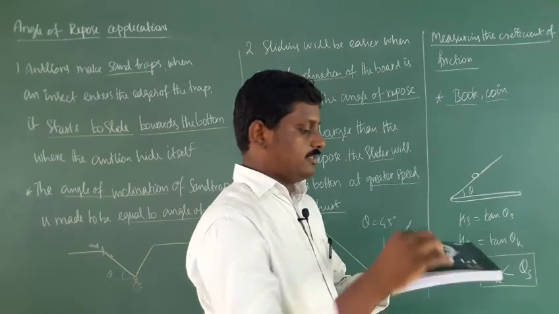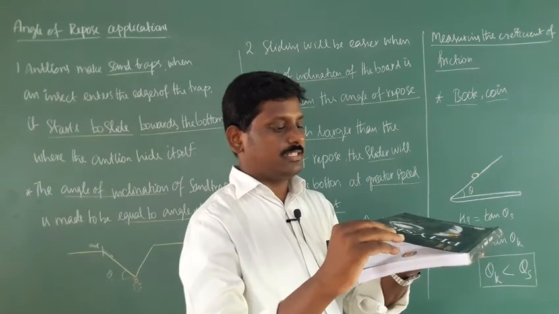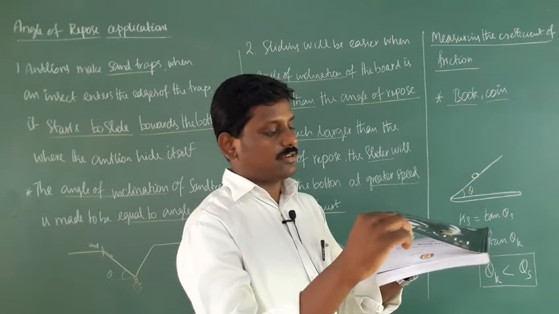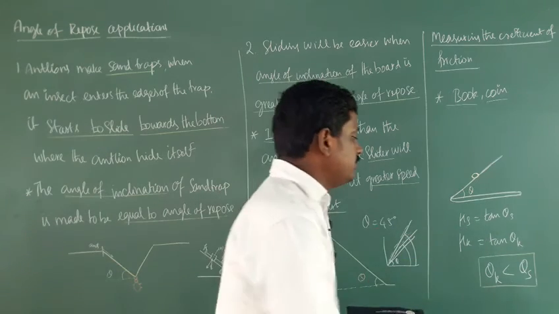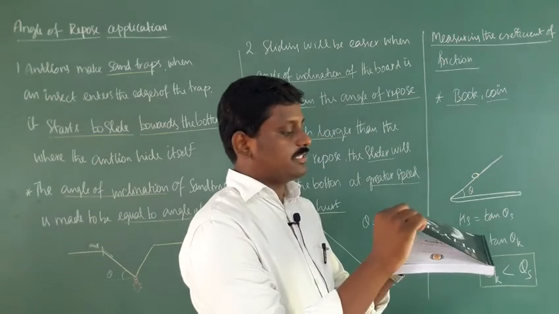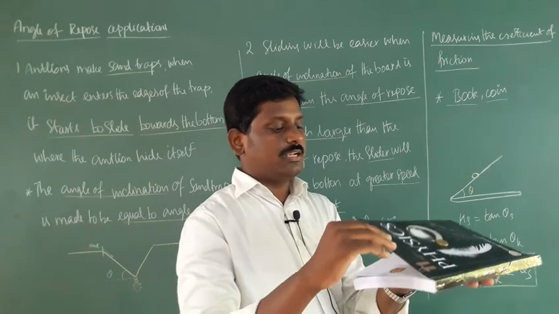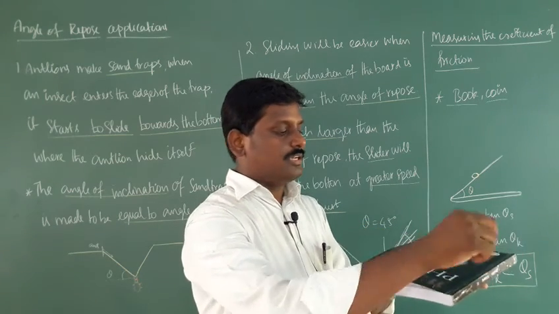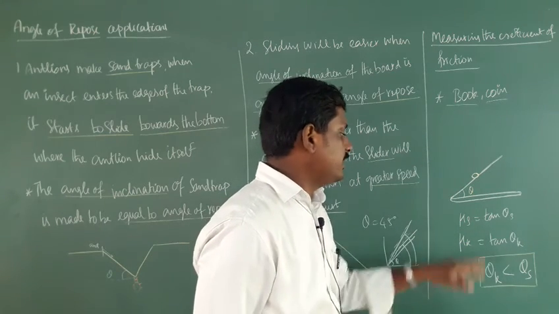When the coin starts to slide, suddenly reduce the angle of inclination, after which the coin will keep moving. At one angle the coin stops moving, and there you can find theta k, the angle of inclination for kinetic friction. If it moves, suddenly reduce the angle of inclination, after which it moves with constant velocity. At that angle you can find mu k, the coefficient of kinetic friction.